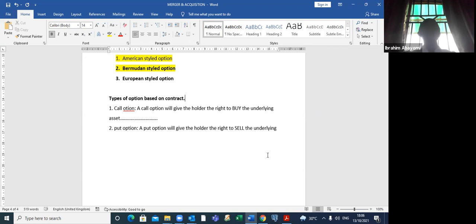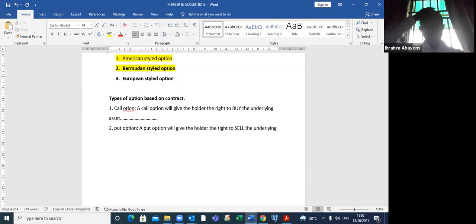Now, what you can do is locate a buyer and you sell an option to the person. The person will agree to buy the product you are selling. The person is accepting responsibility to buy the product from you. You are selling to him. That kind of option is a put option.